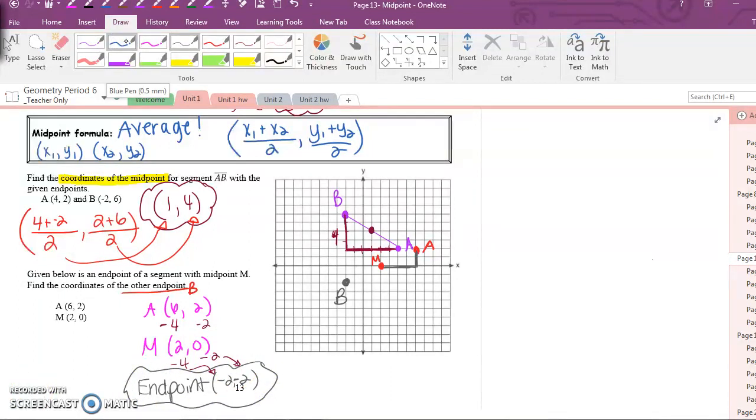Now for those of you who like to do things algebraically, there is another way I could do this